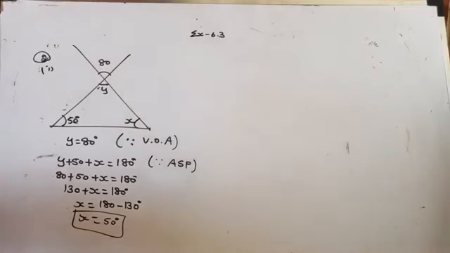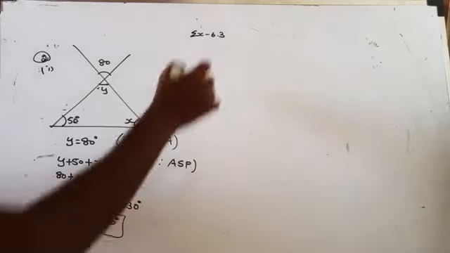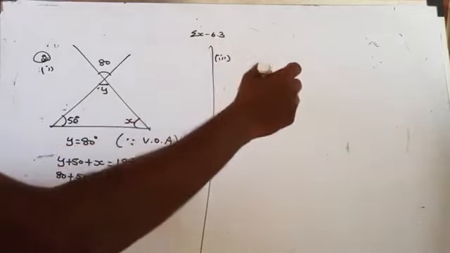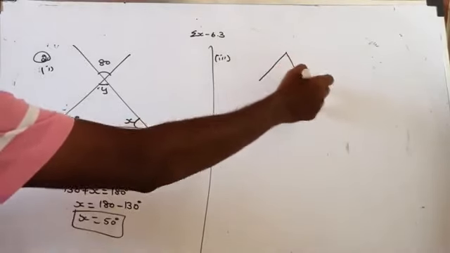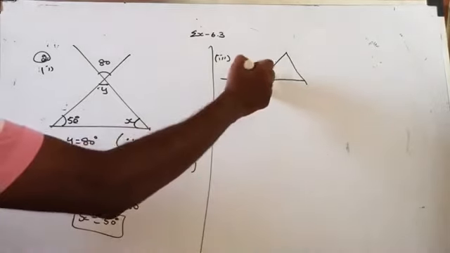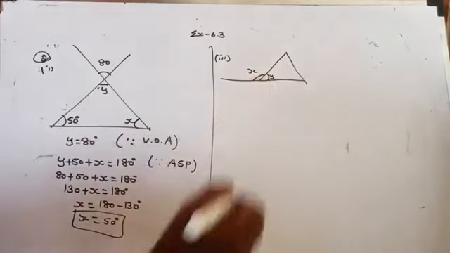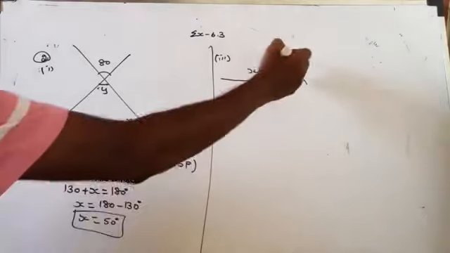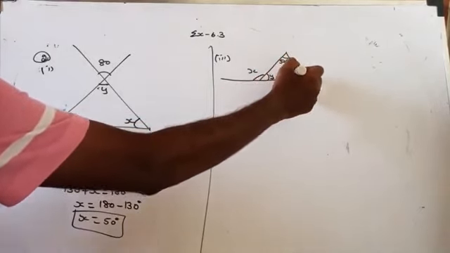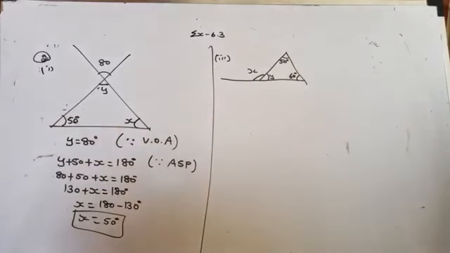Are you getting it? Yes. So we move to the next part. In the next part, the diagram is a triangle. It is an exterior angle. The exterior angle is x, the interior angle is y, the vertex angle is 50, and another base angle is 60. So we are going to find the values of x and y.